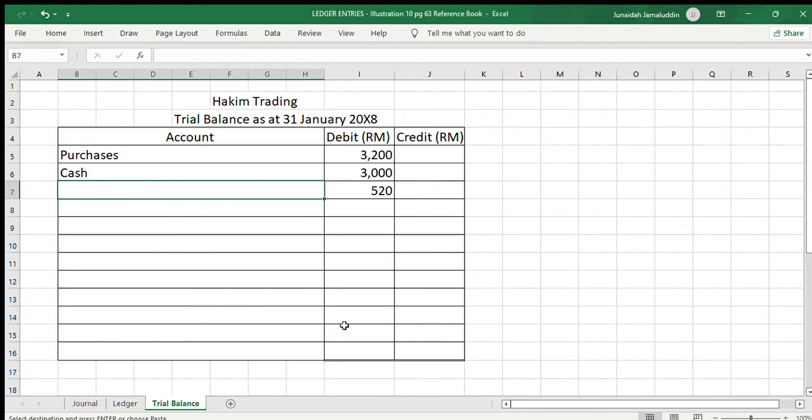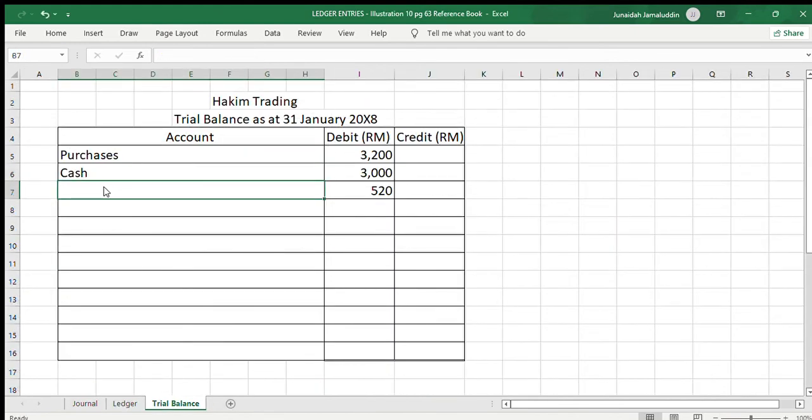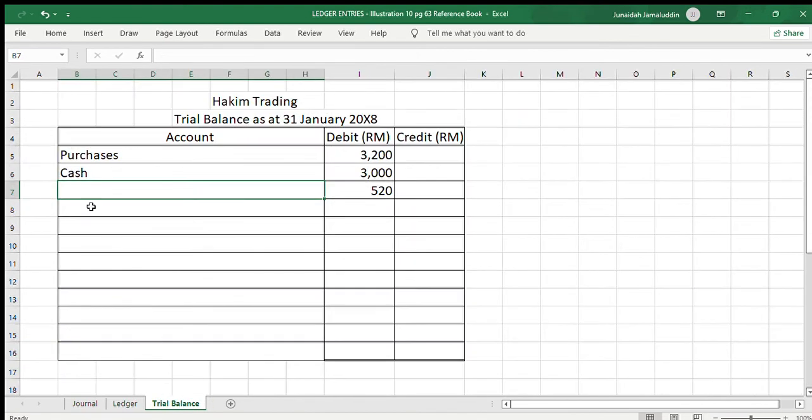Oh, dia tak boleh merge cell. Okay, maybe because kat sini dia involve 2 cells. Oh, tak boleh. So I have to write it, account receivable Miss Anna. So tak apa, kita just tulis account receivable